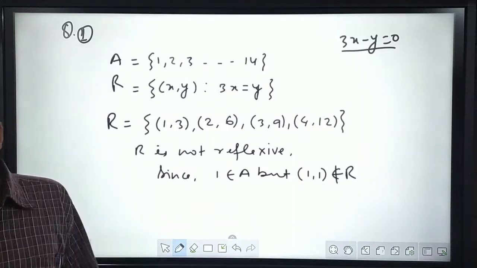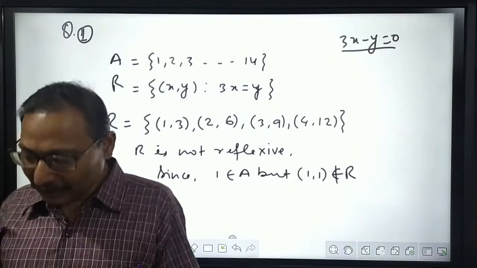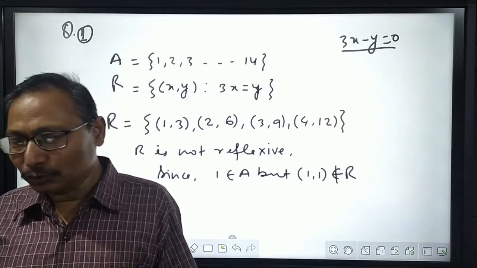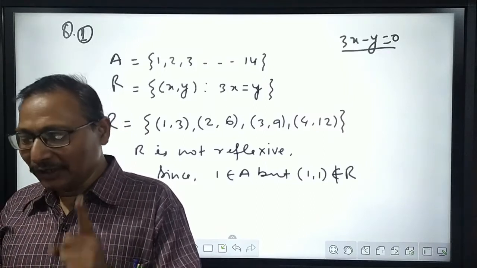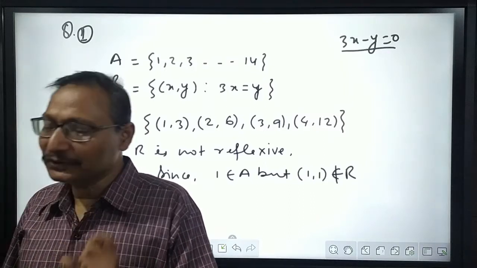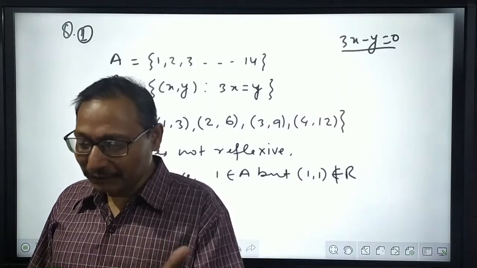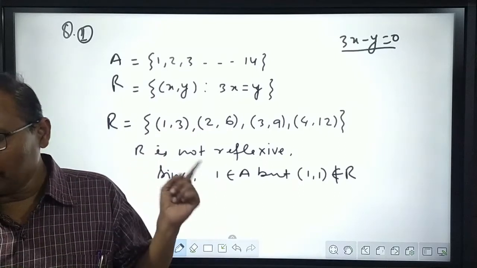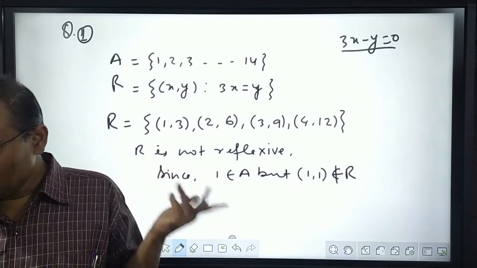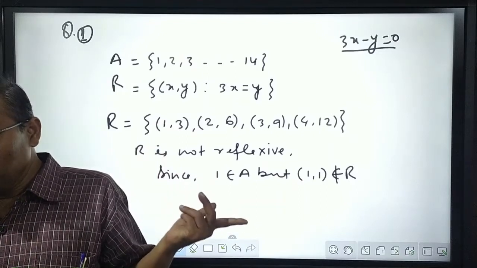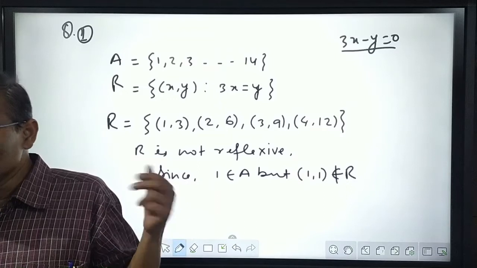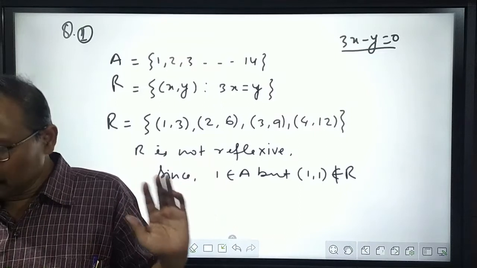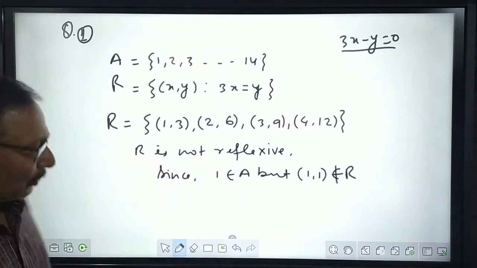And now about symmetricity. Again recall, I have already told you that to show symmetricity we check an element from the given relation. That means we take one pair and check whether its inverse is there. If (1, 3) is there, whether (3, 1) is there or not. Clearly (1, 3) is a member of R but (3, 1) is not a member of R. We should not check further. If it is wrong for one case, it won't be symmetric. So it is not symmetric.